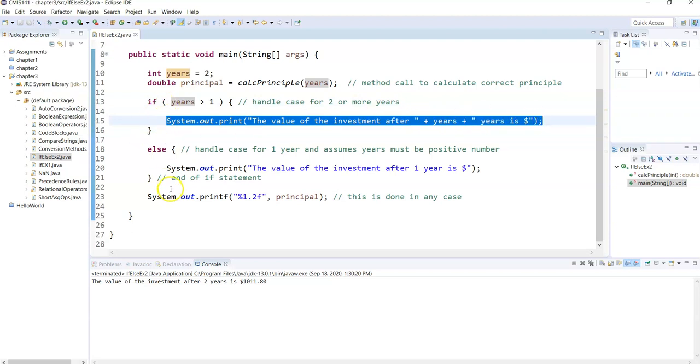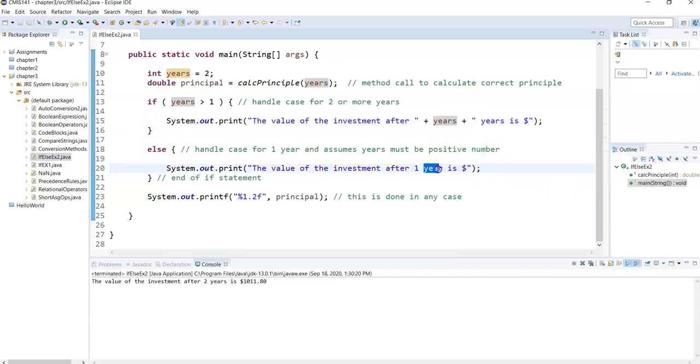So why are we using the if-else? Why do we separate it? We separate it because we want to use the singular versus the plural number of years for our literal. Is there another way we could have done it? Absolutely. But if-else is a very easy way of handling when we want to have something different, either in the execution or the printout.